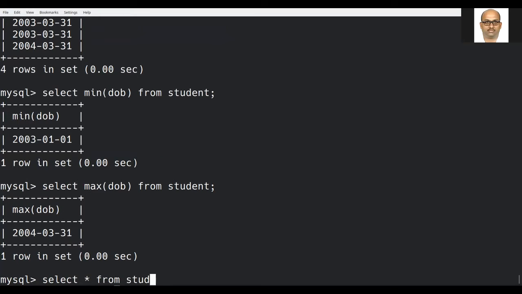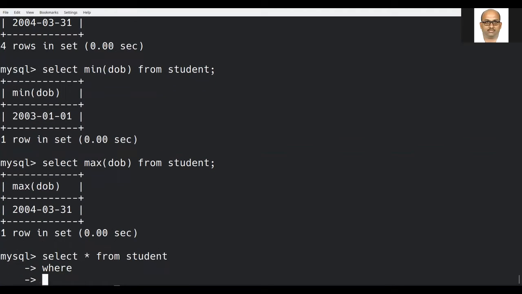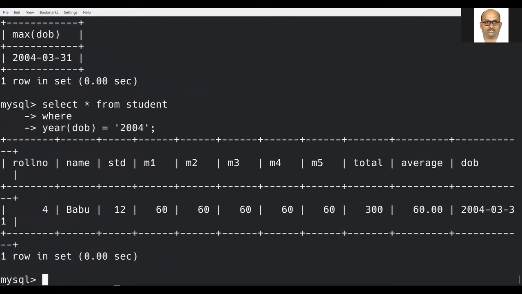So, I am selecting star from student where, see the condition, how I am going to give. Year, this is the simpler one. Year of DOB is equal to 2004. If I give it this way, it is more than enough. Anyhow, only one student was born in the year 2004.